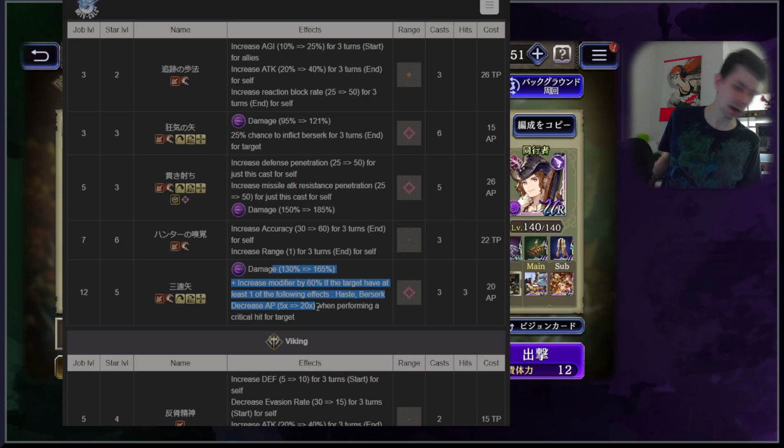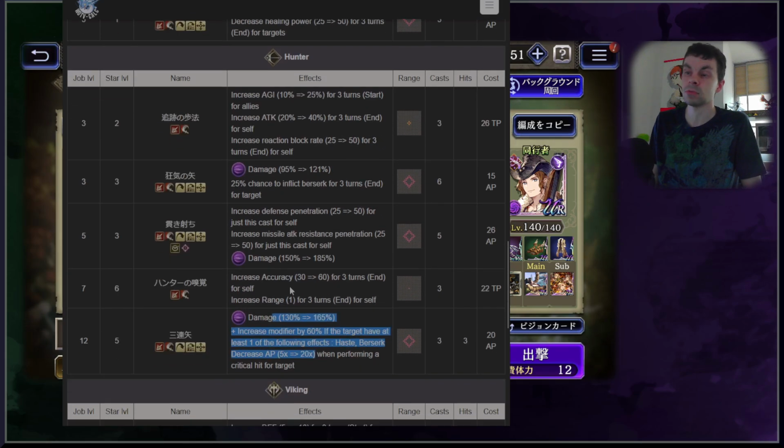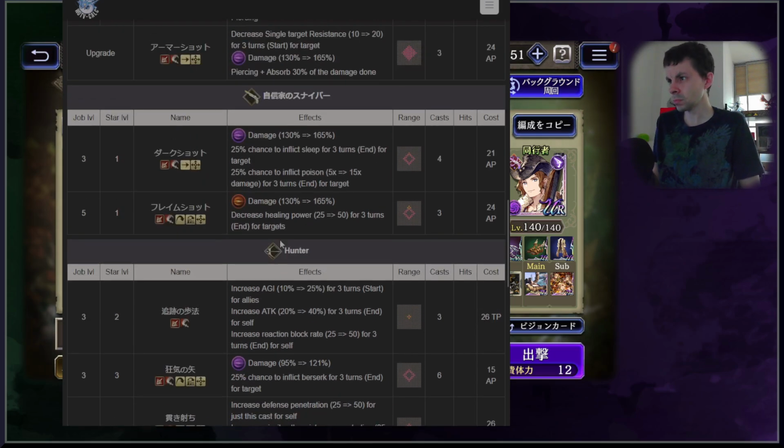So yeah, I would say that generally I think that Hunter does bring a good amount of stuff to the table, potentially dealing with other units that could be problematic, but seems pretty good here for an increase. What you are giving up is sleep and poison, which isn't super impressive. And here we have a 165 with